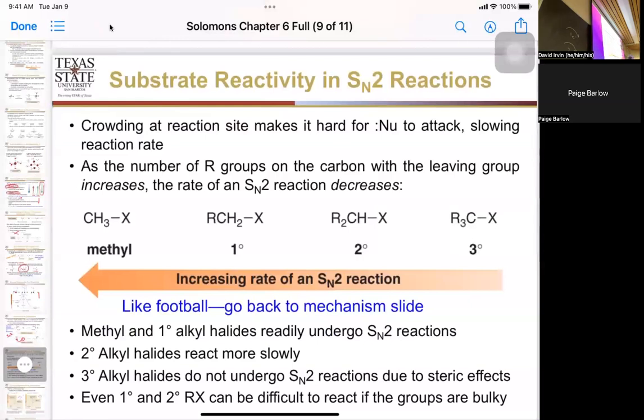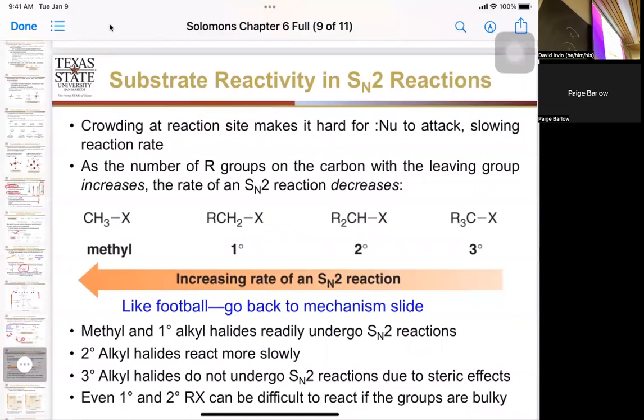And by the time we get to the third, it almost never happens. Because now you have 3 big bulky groups. Imagine an umbrella and trying to invert an umbrella from the top using just your finger. You don't have enough place to get in there and make that bond. Okay, so this is a huge umbrella protecting the backside, so this group can't move with an SN2